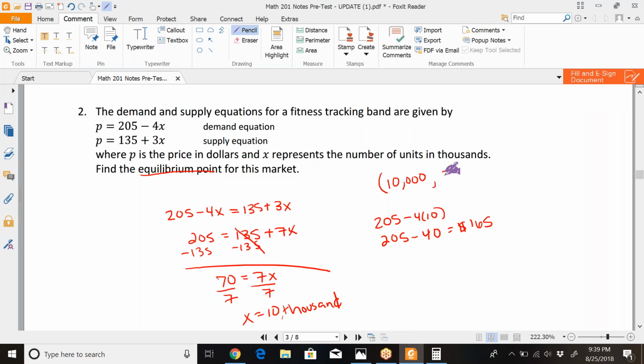So if you think about that as an ordered pair, it'd be (10, 165), which they probably would still write as 10 for graphing purposes, and on their number line they would count by thousands. They would actually mark that they were counting by thousands. But it's 10,000 units and $165. Okay,